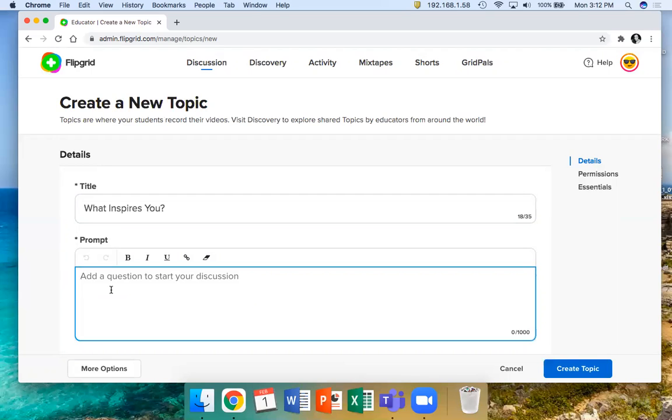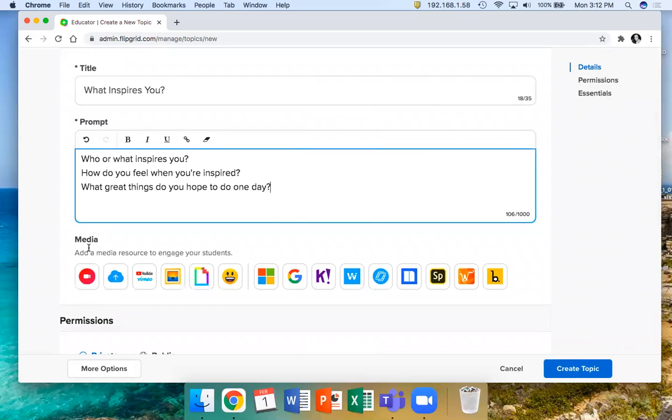So my prompts are who or what inspires you? How do you feel when you're inspired? And lastly, what great things do you hope to do one day? So right below that, you can add a media. So you can record your own video of you asking your students these questions. You can upload a video, use a YouTube video, add an image from your personal computer,